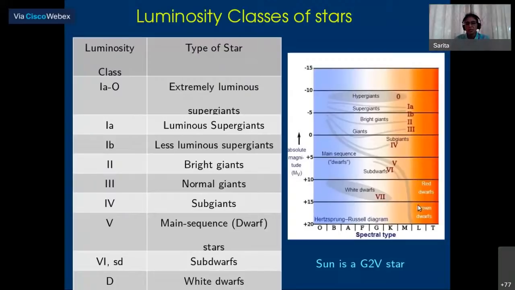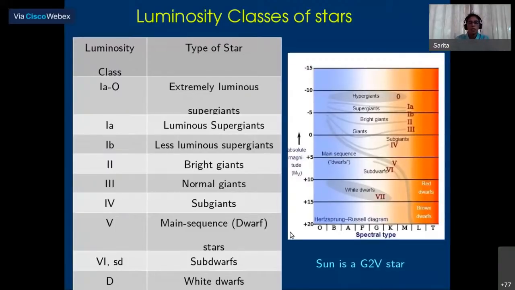Now there are objects which are not stars, that means they do not have enough. When do you call something a star? Nuclear fusion, hydrogen to helium, should happen in the core. But if that does not happen, then these are known as brown dwarfs or red dwarfs. There is some nuclear fusion, but it is not hydrogen to helium, it is deuterium fusion. A little bit can happen in these kinds of objects which are known as brown dwarfs. People are now also investigating brown dwarfs in detail, and they have also given them spectral classes, L and T. L and T spectral classes are assigned to brown dwarfs,